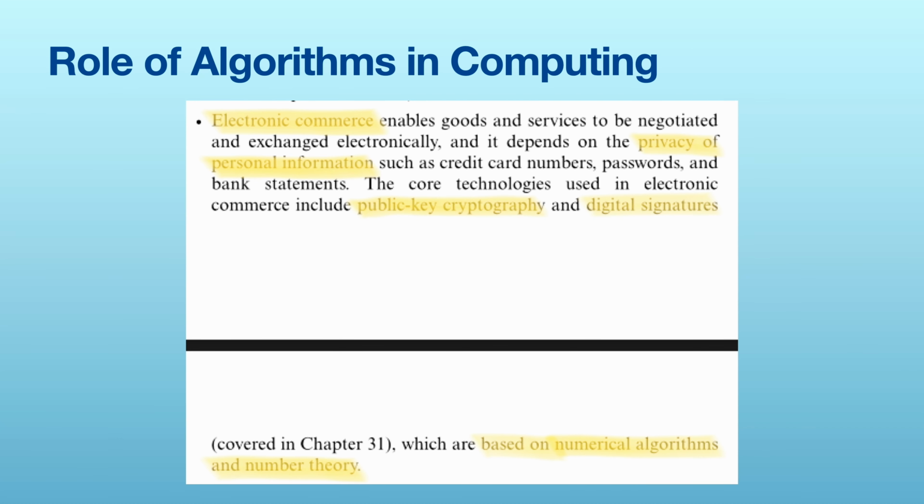Without very tight or secure algorithms, that data is at risk. What if the data is not properly encrypted and the encryption is weak? People can easily decrypt the data and see your banking information, and they can use that, right? So the algorithm plays a crucial role here, saving your personal data and your money as well.